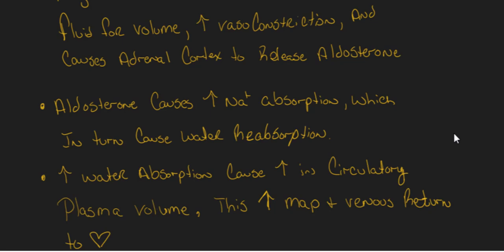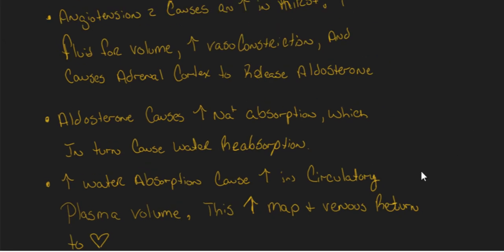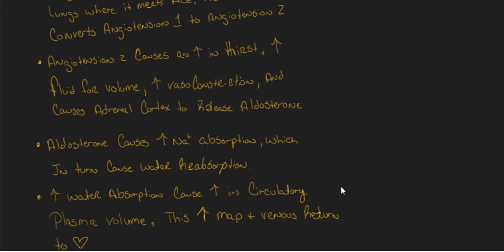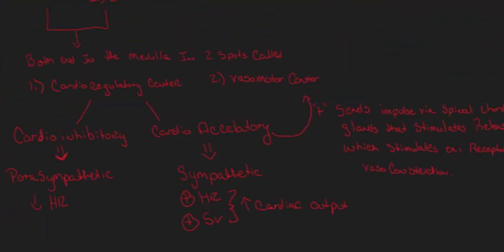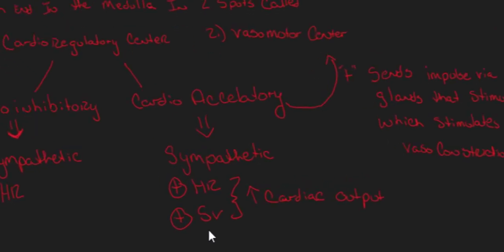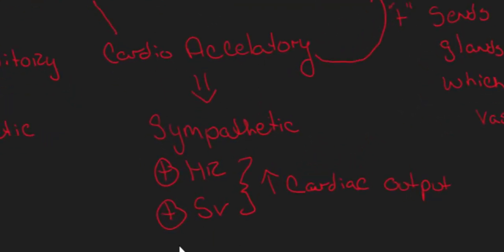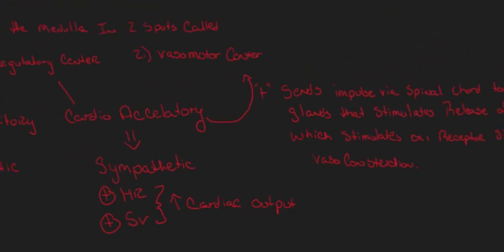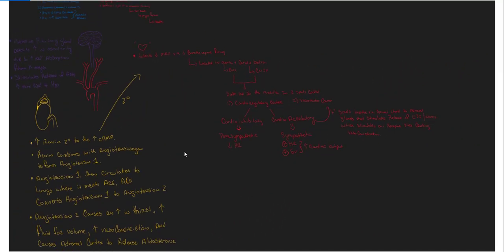And again, that reabsorption of water increases circulatory plasma volume, and that causes an increase in our mean arterial pressure, along with our venous return to the heart, which is our preload. So we'll go back up here to that cardioexcitatory system that I was just talking about, and that gives us that increase in stroke volume. So now, aldosterone also